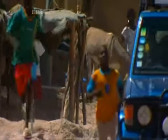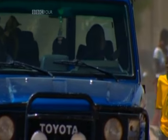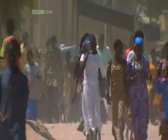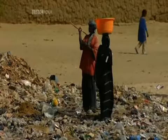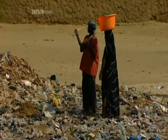The Sankore's professors and graduates weren't just the religious, but also the ruling elite. They were the lawmakers and the judges who governed every aspect of life. And though they lived among the people, they jealously guarded their power and kept the benefits of literacy to themselves. In the case of Timbuktu,